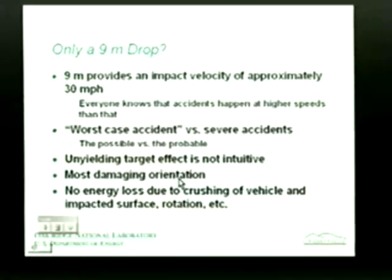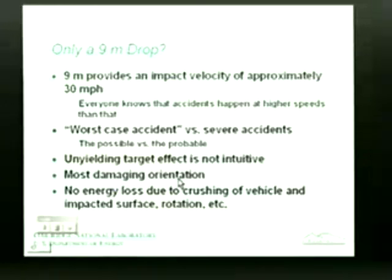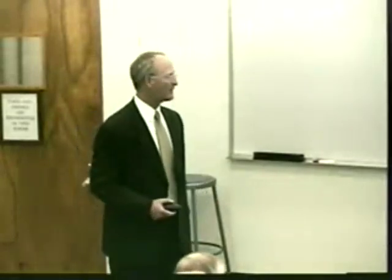Now, why only a 9-meter drop? You may have heard this argument before. If you follow people's arguments why transportation is not safe, this is one of the first points that's made. 9 meters provides an impact velocity of only about 30 miles per hour. How could that be safe? Trucks are traveling down the highway at 80 miles per hour. Well,